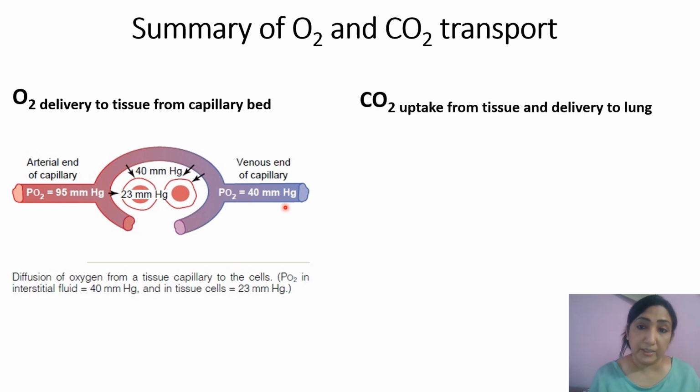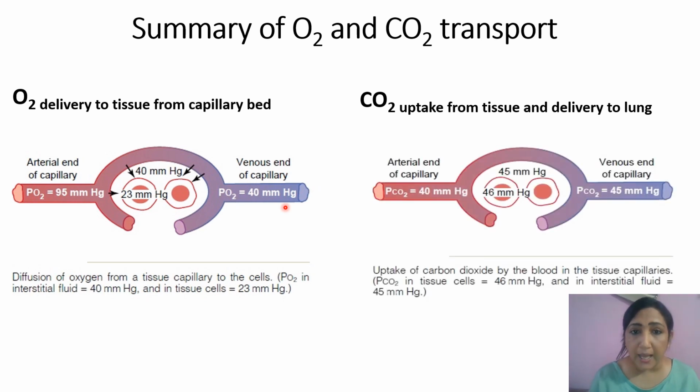Now, carbon dioxide uptake from the tissue and delivery to the lung. At the arterial end of the capillary, we know the carbon dioxide is 40 millimeter of Hg. Because the metabolic activity is so high inside the cell, more carbon dioxide is generated, and this is 46 millimeter of Hg. Because it is 46 inside, it diffuses outward, and the tissue fluid becomes 45. Now the gradient is such that the tissue fluid has more carbon dioxide compared to the arterial end. So the carbon dioxide is transported from the cell to the tissue fluid, and from the tissue fluid towards the